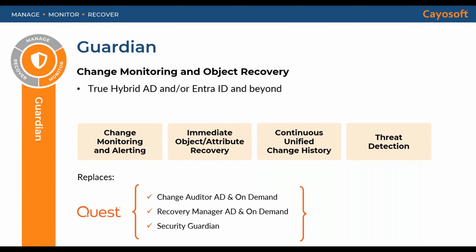So there's no need to compare a snapshot from the live, so there's no missing data, and it really simplifies the recovery process for your teams. Again, I mentioned one of the things about it is continuous unified change history. So we're able to go across the entire ecosystem. We're not relying on traditional AD event logs. We do use those to help us correlate some information, but we're connecting to Active Directory through the replication API,